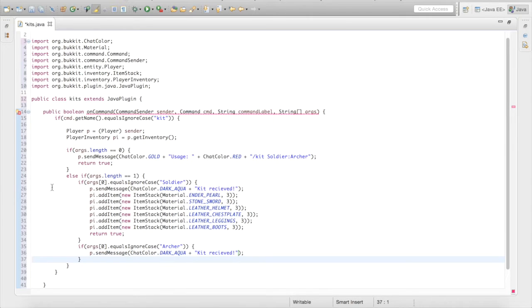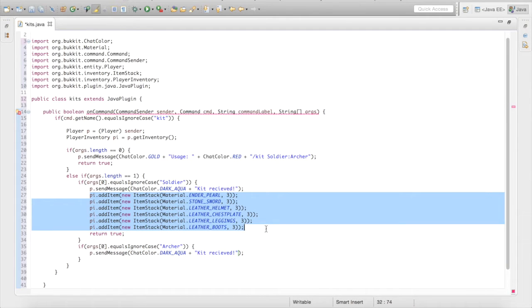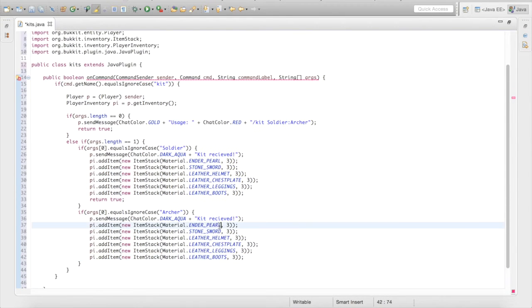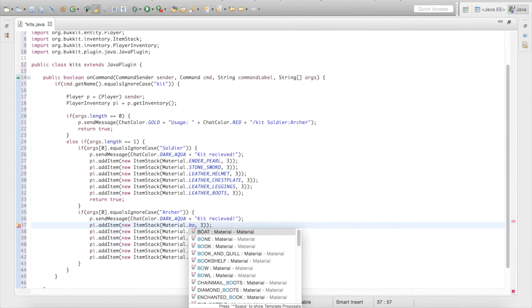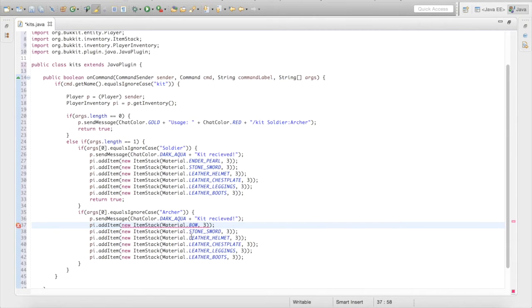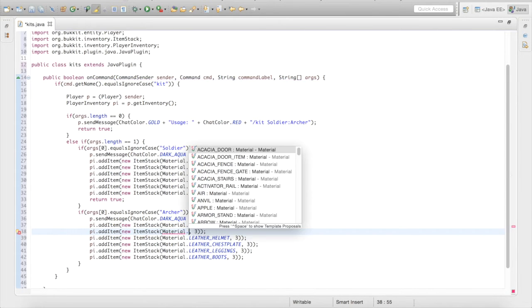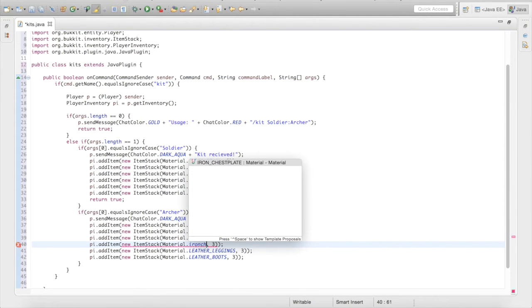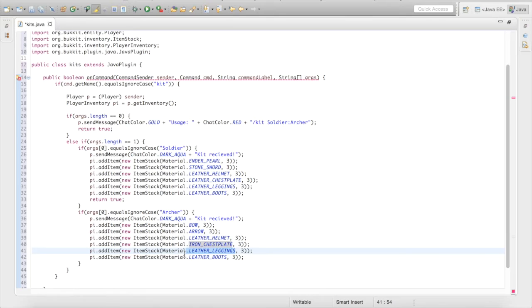Okay, so we could basically just go ahead and copy and paste this down to the bottom. Copy and paste, and then Command V. So let's just change this to a bow. Actually, dot bow, BOW. And then let's change this to arrow, dot arrow. Let's go ahead and keep that and change this to dot iron chest plate. Let's make this dot iron